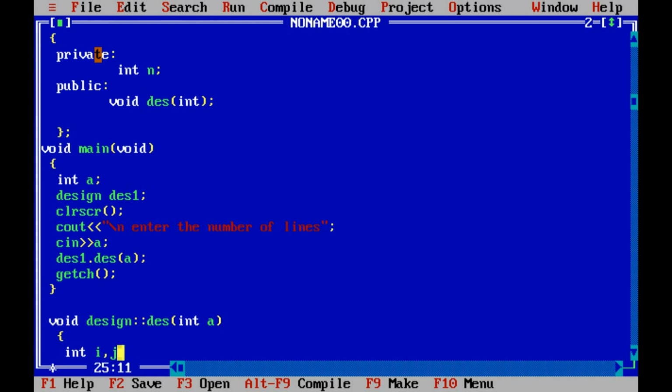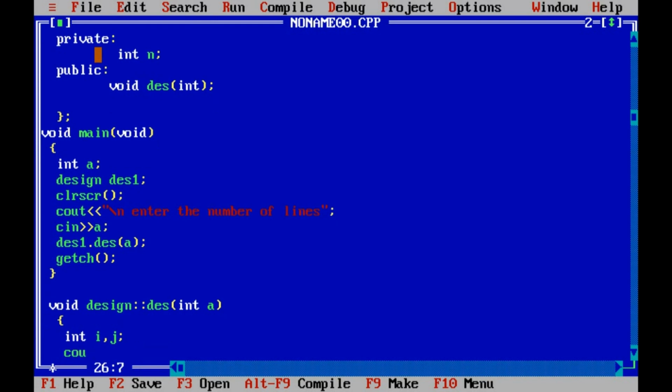And we use two variables, int i comma j. Now these i and j are used for horizontal and vertical traversal, and I print the statement "watch a human face" at the starting itself, because at the bottom of this we get our human face.